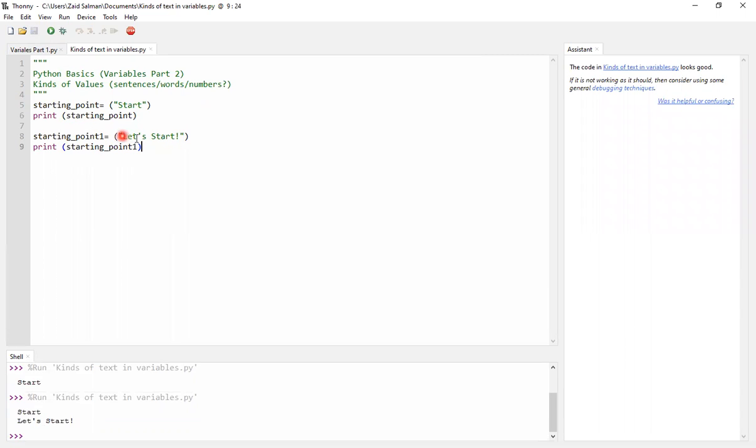So I've got two words in a row, I've got one sentence. I can also do it further. I did starting point 2 is equal to, I'll be just putting the quotation marks as it doesn't really matter. And I'll say the race has started. But you'll see that I have not put any underscores here.